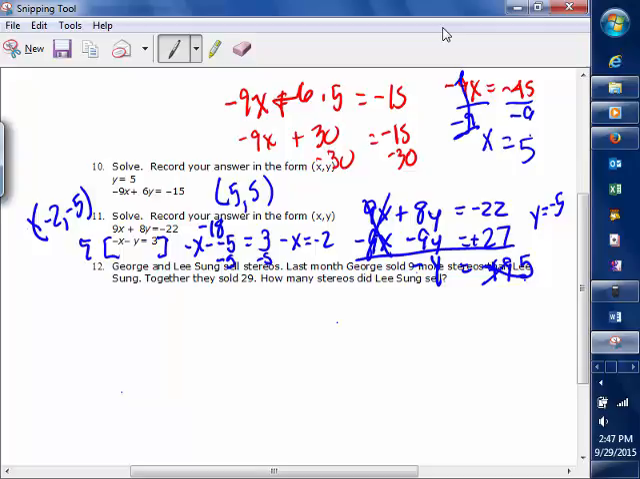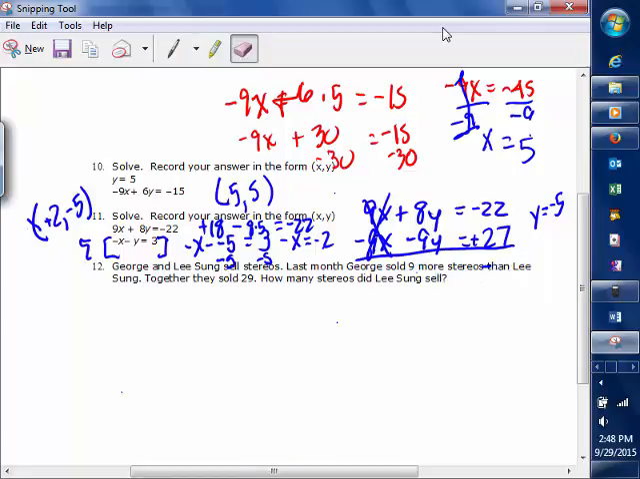Negative x is negative 2, so x is positive 2. So this is positive 18, and then minus 8 times 5, well, minus 40, does that equal negative 22? So it checks. So 2 and negative 5 is our solution. Last one,